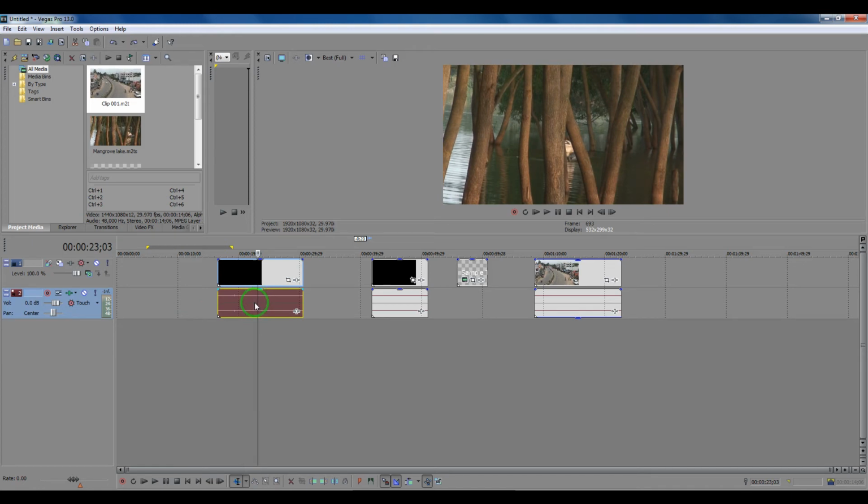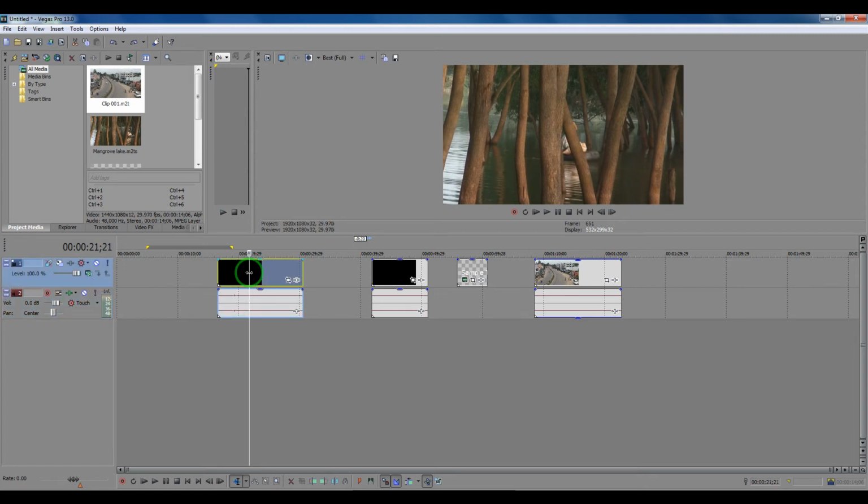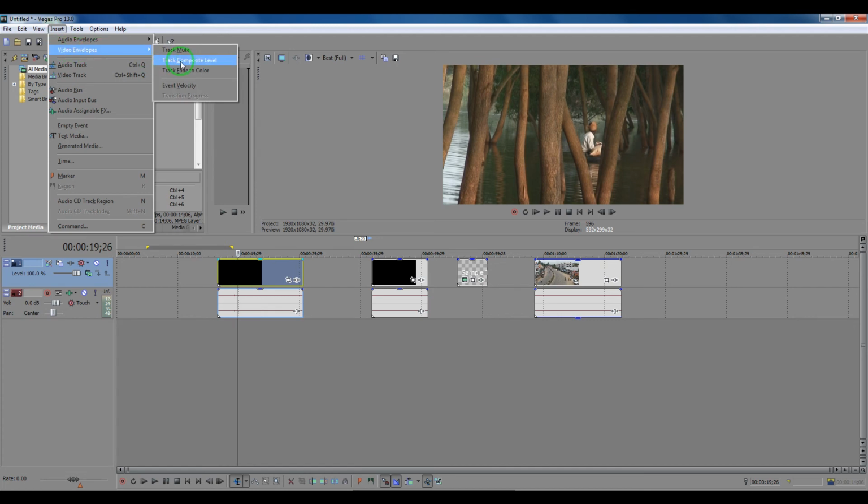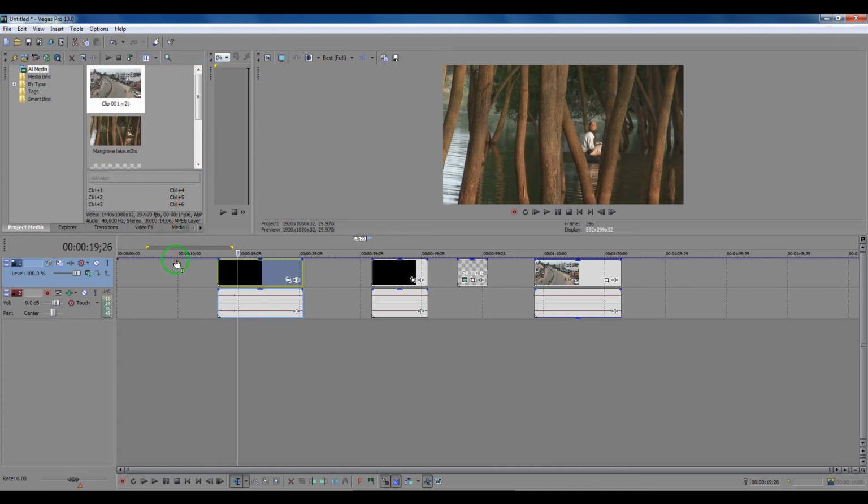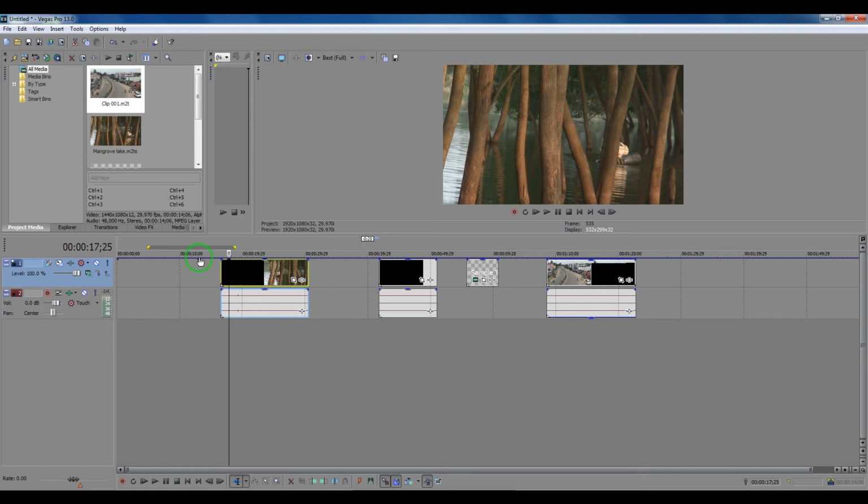So if we want to have a customized control over the audio and video properties, you can have that by putting an envelope. So in the video track right here I am going to insert a track composite level. So you will see a particular line appearing all over the track, and you can create a node point by just clicking on that particular line. So right here you can see a node point is created.